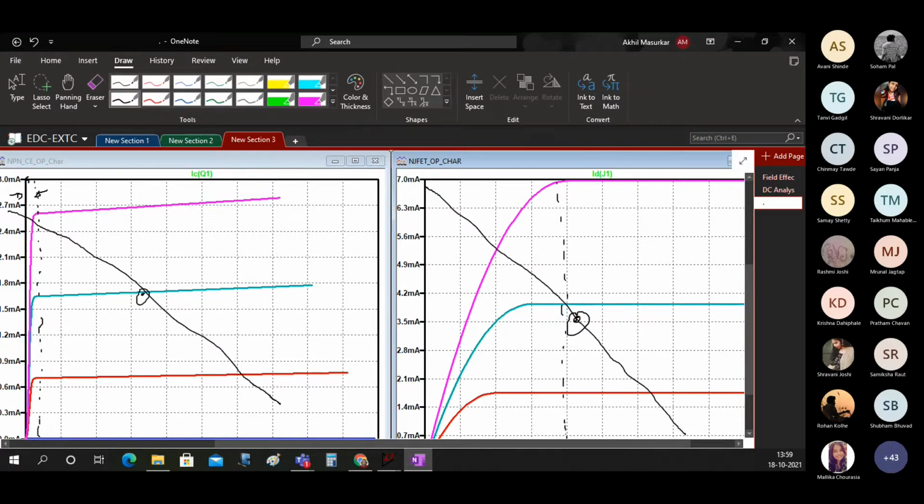But whereas here the possibility that this distance of this Q point from this region is very small. So here it's very small and here it's very large. So that's why you can use BJT for large signal amplification.